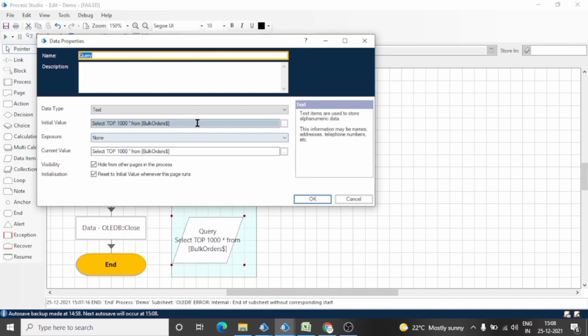So for that we use an SQL statement like this: select top 1,000 star from bulk orders where item is equal to pencil, like this.